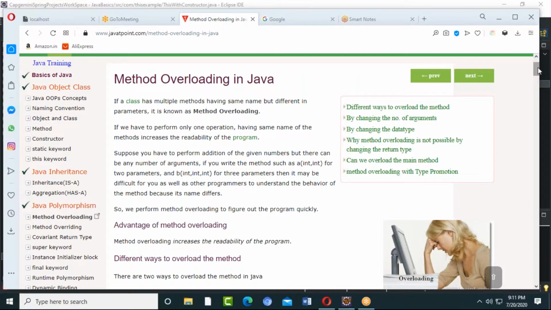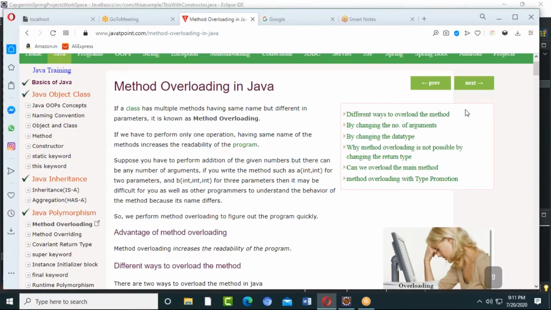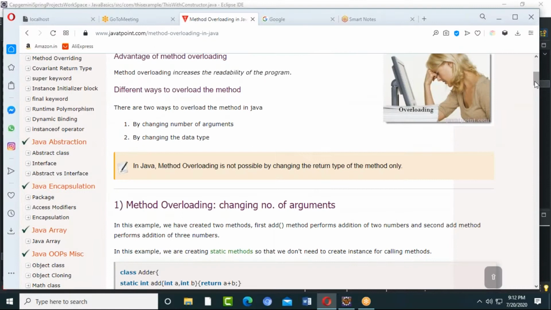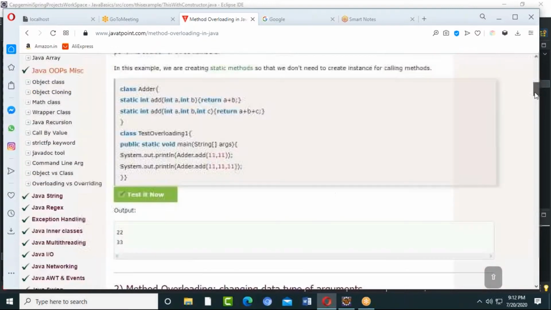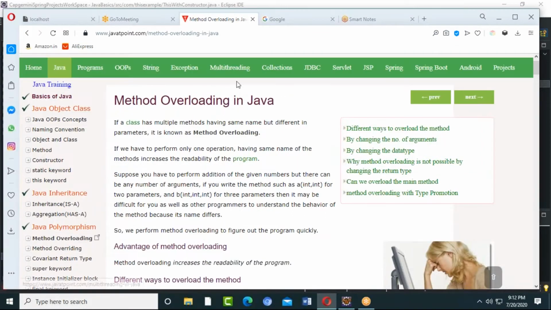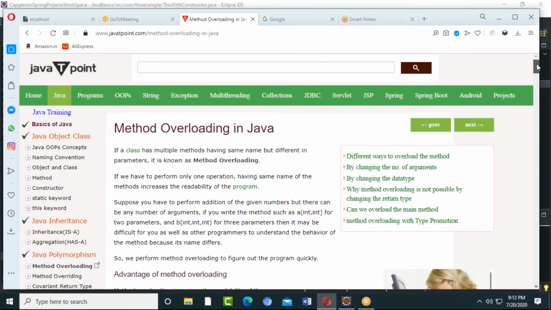Sets, overloading and overriding. What is overloading and what is overriding? I'm not showing an example because you are okay with this; that's the reason I'm just briefing them. Overloading is basically using the same method name, but the parameters in the signature will be different. Signatures can be different. Wonderful, very nice.